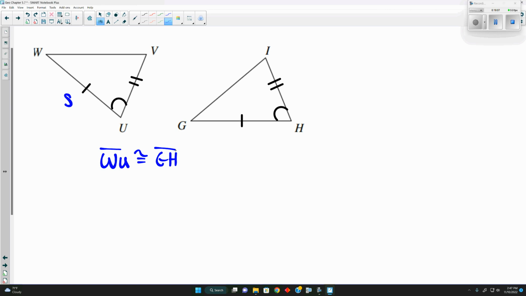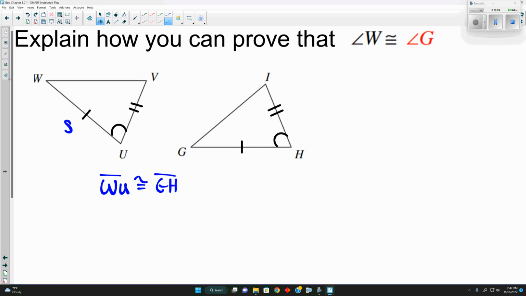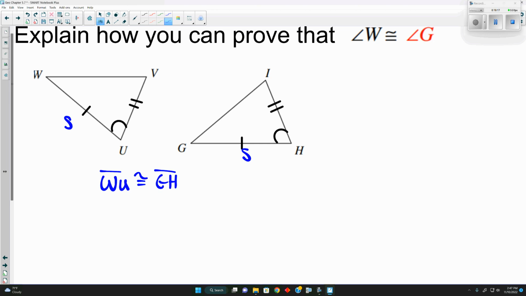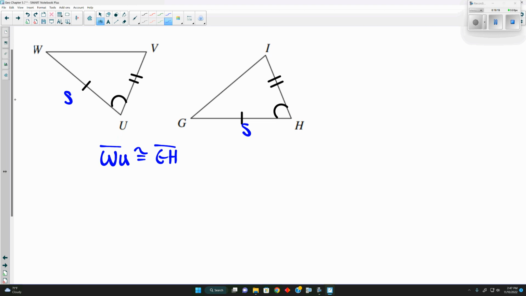Was one of the W's congruent to... you can just use the thing where the first two letters are always congruent. Well, for us to be able to say it, we need to say the two triangles are congruent. So we have a set of sides, a set of angles, and a set of sides. We could say WU is congruent to GH, angle U is congruent to angle, and HI is congruent to UV. So we do have enough information to say that